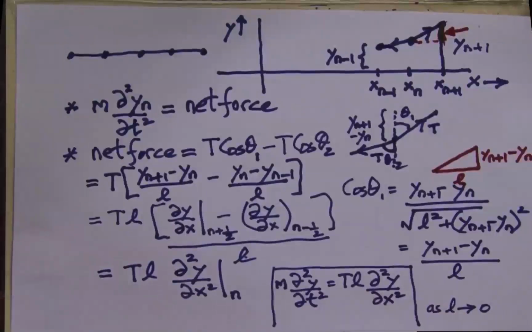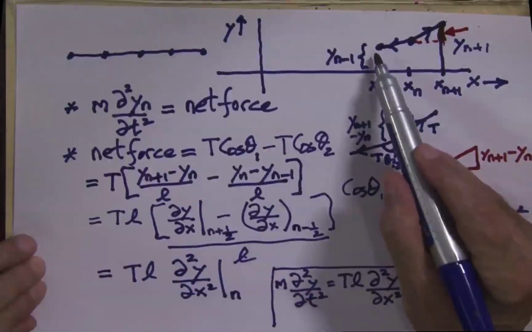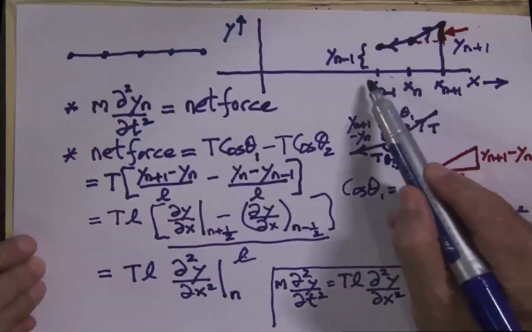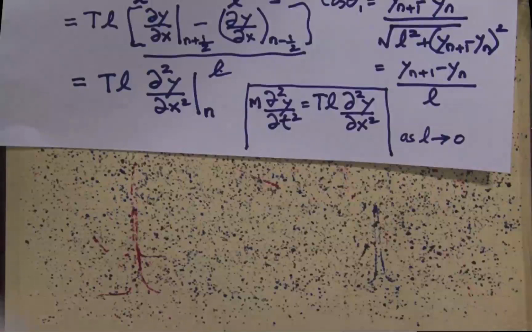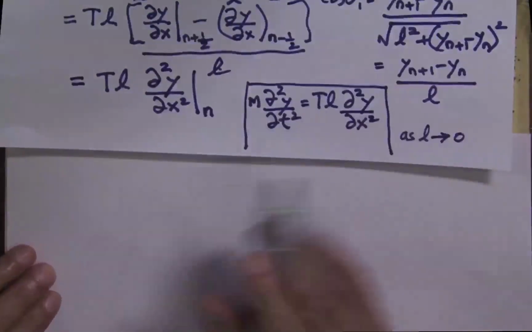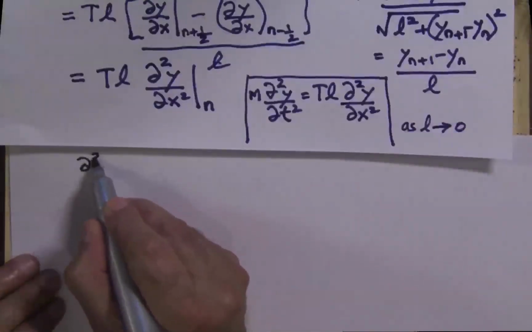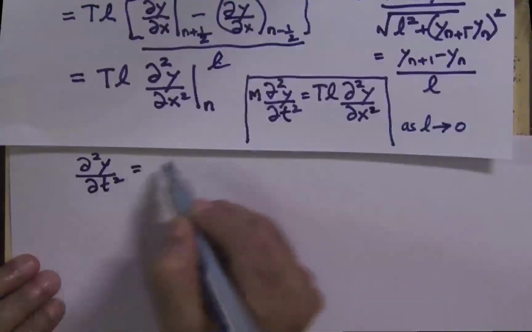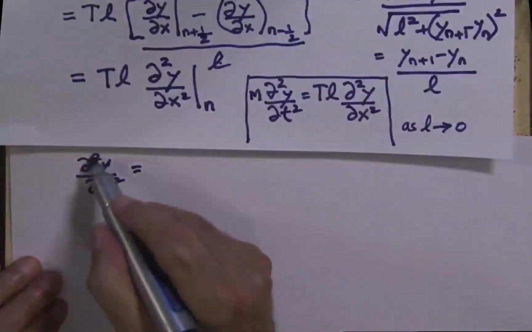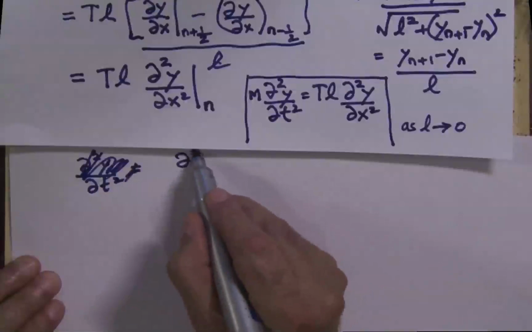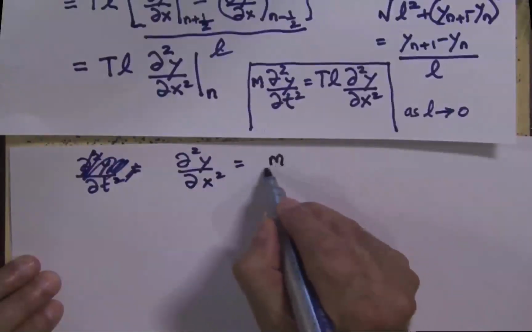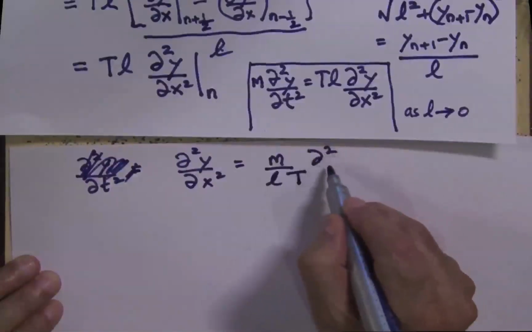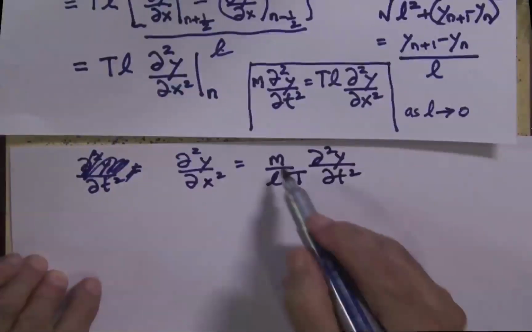Okay, now we've actually made a transition by going from the discrete, in which the points are separated by some distance, and now we're making that distance smaller and smaller. And so therefore what we have is the following. We now have a situation where we have, let me write it the other way around, d2y by dx squared equals m over L T d2y by dt squared. Now this m over L,